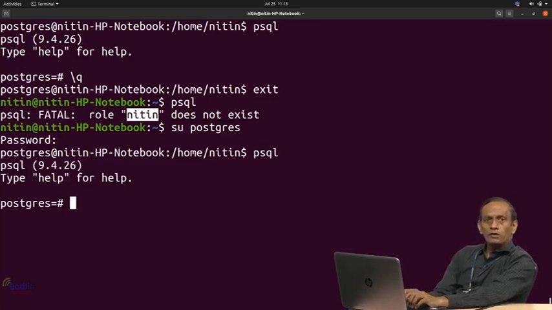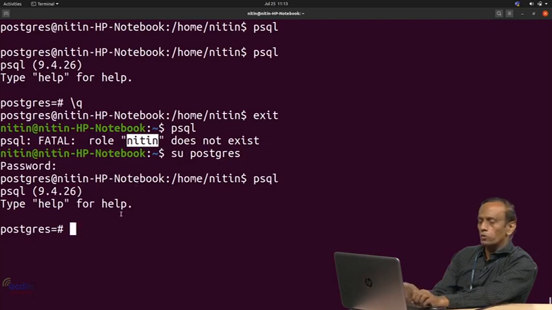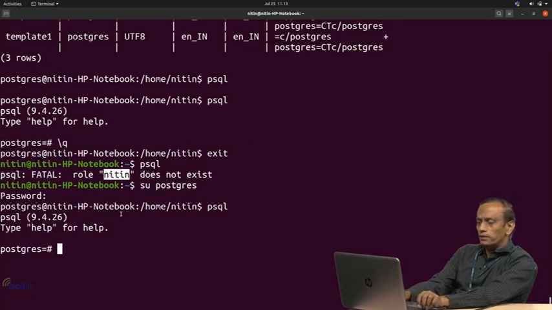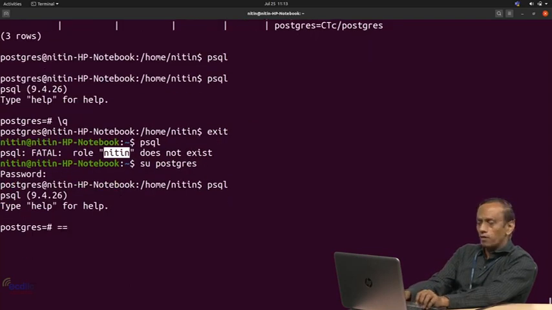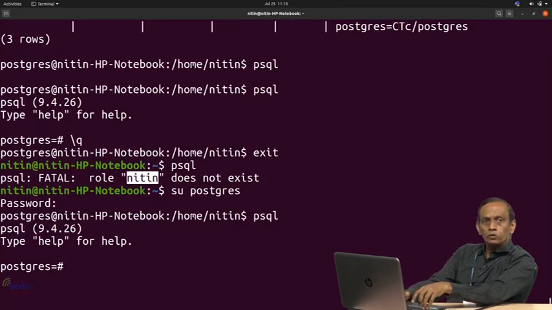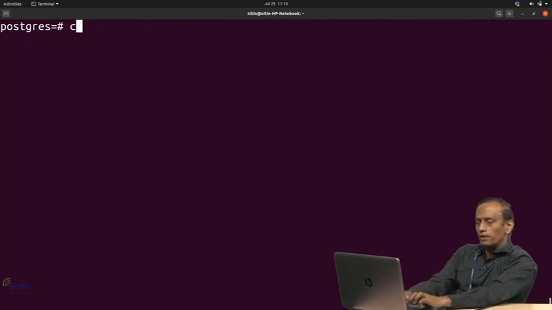Now, we want a user or a role created for our database, for example, I want this Nitin to be created. So, how exactly am I going to do that? There are 2 options which can be seen over here. For example, if you wish to create a user, you can write the create user command.